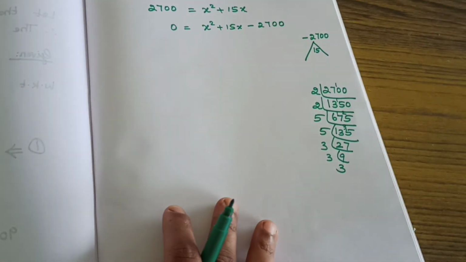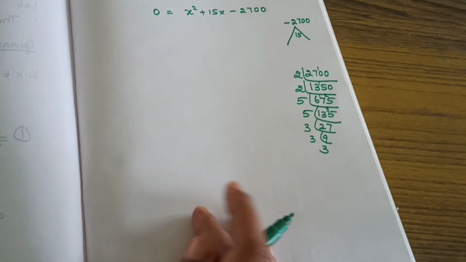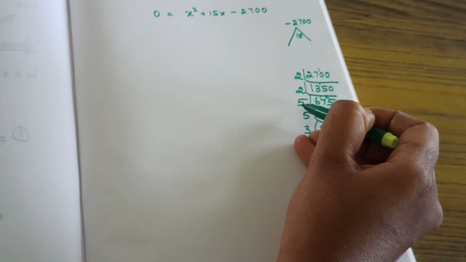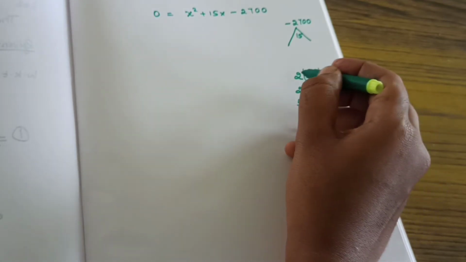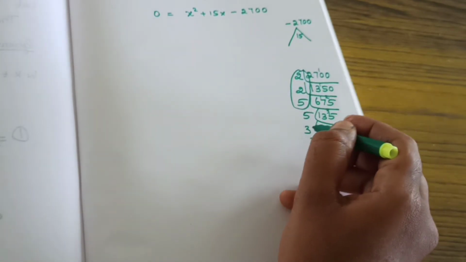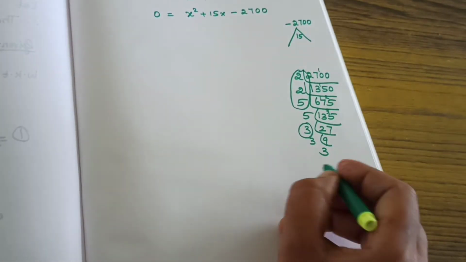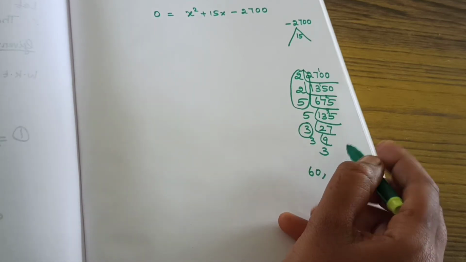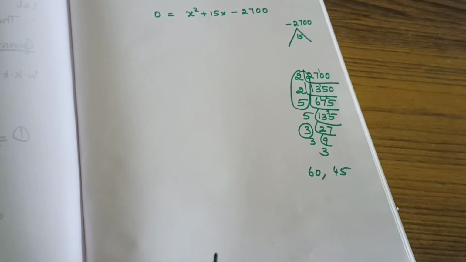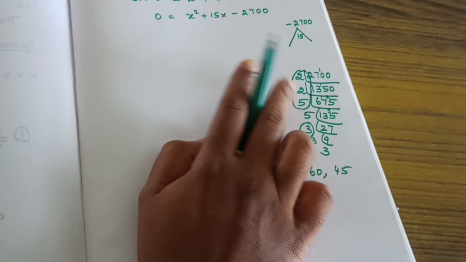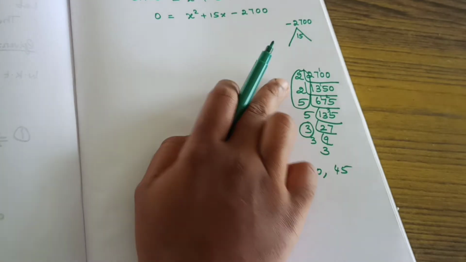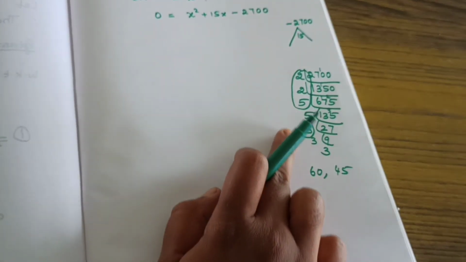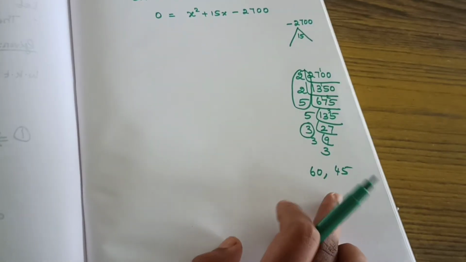Now we need to check the possibilities. So here 2 2s are 4, 4 5s are 20, and taking 20, 2 3s are 60, and here 15 into 3 is 45. It will come correctly now. So, each of the possibilities we need to check. So here 5 2s are 10, 10 2s are 20, 20 into 3 is 60, and the remaining 5 3s are 15, 15 into 3 is 45.